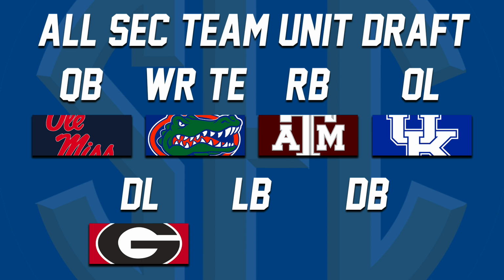Next up, we have our linebackers, and our linebackers, again, this was the easiest choice in the world. There's no team that touches this team in terms of linebackers, at least in my opinion right now. We have the Alabama Crimson Tide. Will Anderson, Christian Harris, Henry To'oTo'o, Christopher Allen, and you could even add Jalen Moody if you want to there.